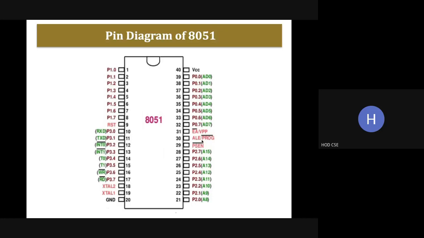And what is ALE? It was studied in 8086. Often I was repeating it. What is the use of ALE signal?